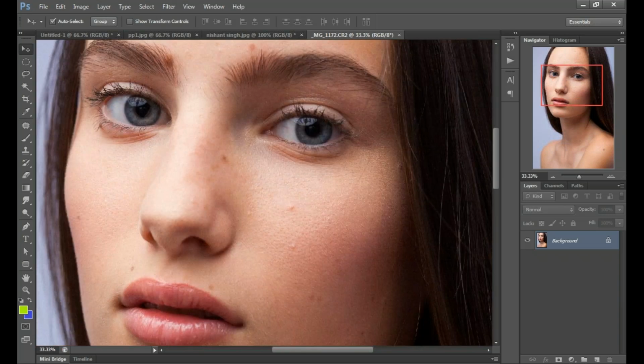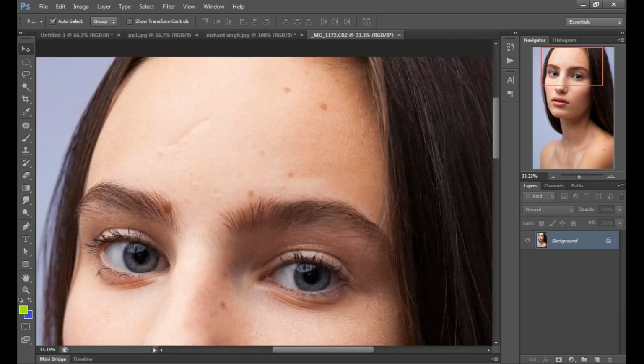You can see some spots here on the skin.